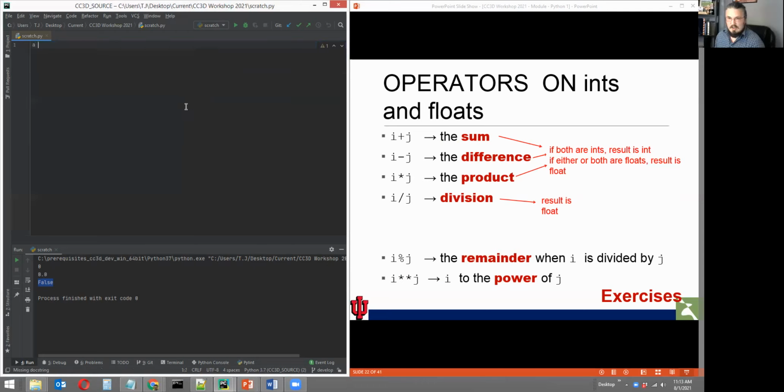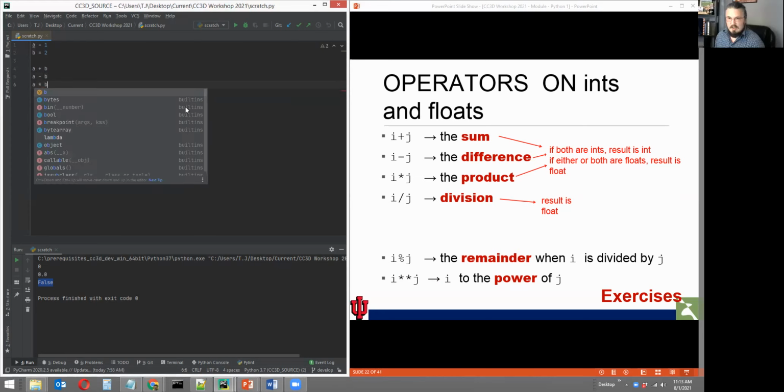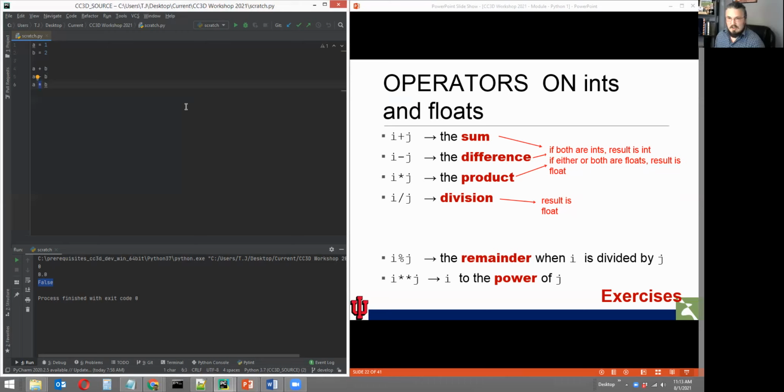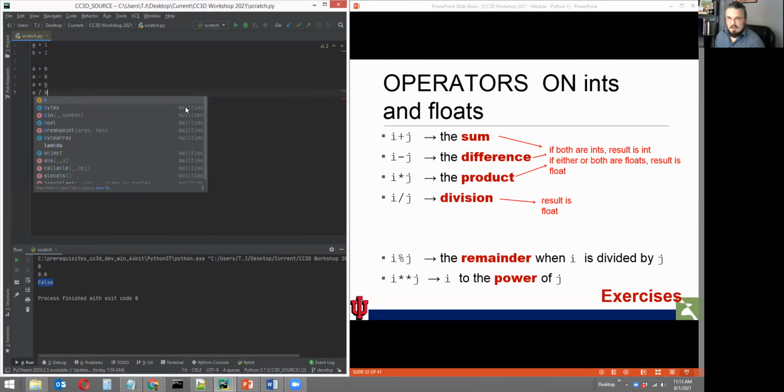So if A equals 1 and B equals 2, you can do all sorts of operations like A plus B for addition, A minus B for subtraction, for multiplication, A times B, the multiplication symbol being the asterisk, and A divided by B using the slash,